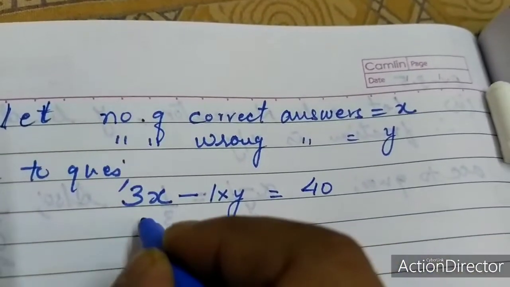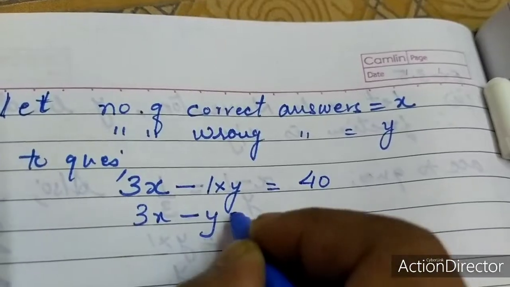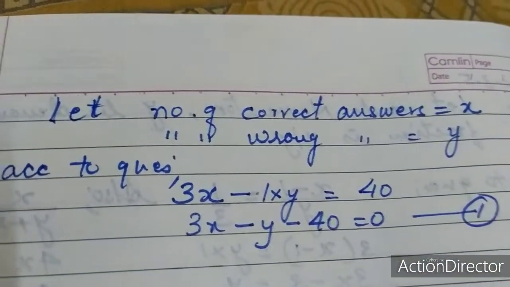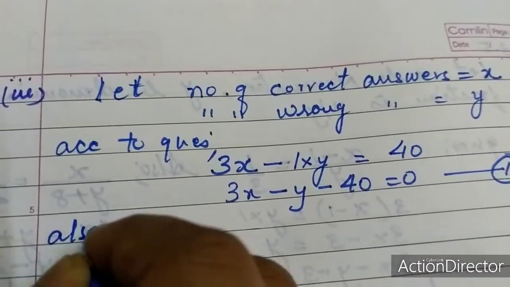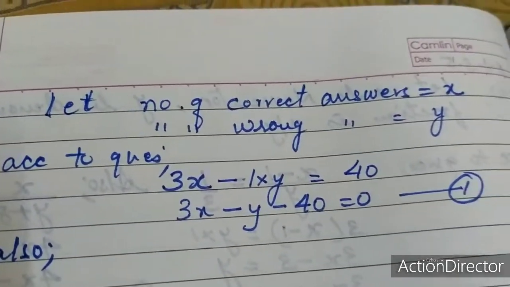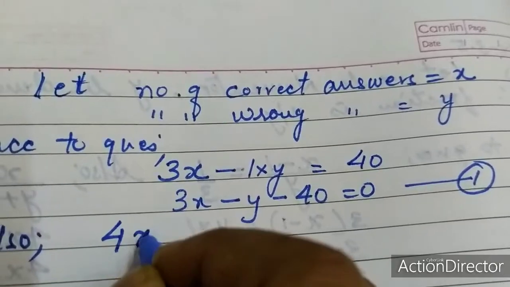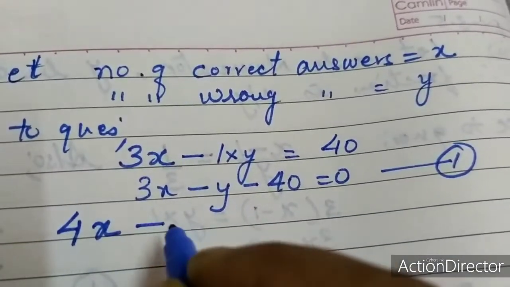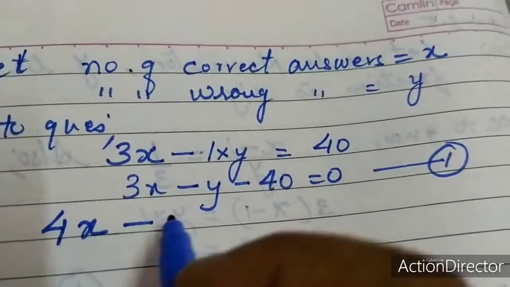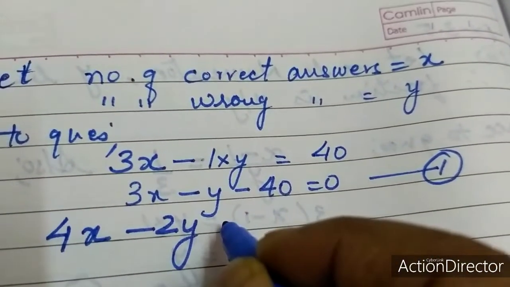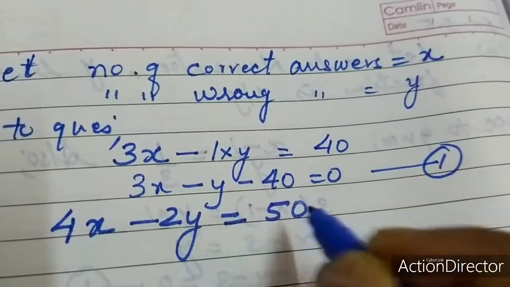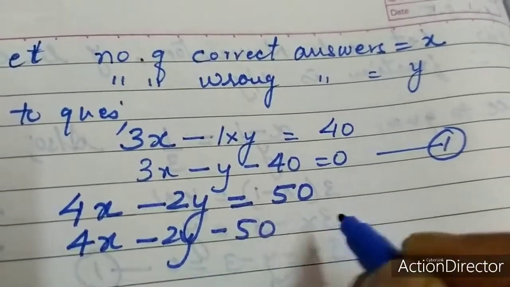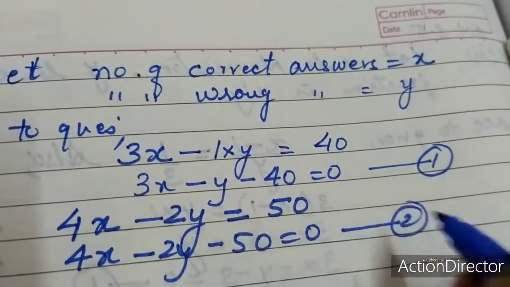दिस इज द इक्वेशन। शुड आई राइट लाइक दिस, 3x minus y minus 40 is equal to 0? This would be 1, is it? Also सेकेंड कंडीशन में उन्होंने कहा था कि अगर उसको 4 मार्क्स मिलते करेक्ट आंसर्स के लिए तो 4x और उसको 2 मार्क्स रॉन्ग आंसर्स के लिए डिडक्ट करते, तो रॉन्ग की जैसी बात होगी तो माइनस साइन लगेगा और 2y इज इक्वल्स टू उसको 50 मार्क्स मिल रहे थे। 4x माइनस 2y माइनस 50 इक्वल टू 0।